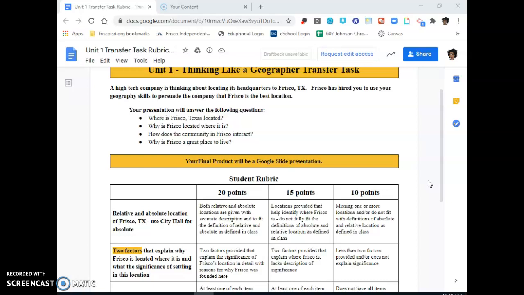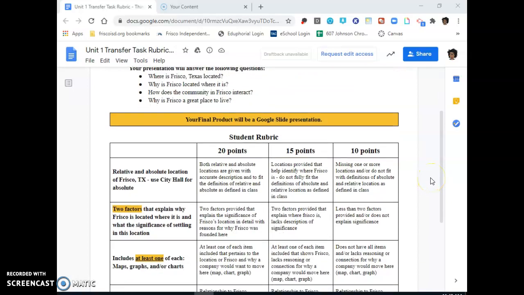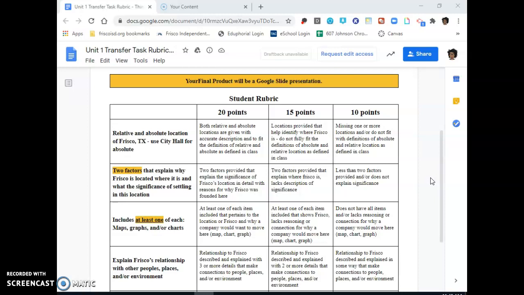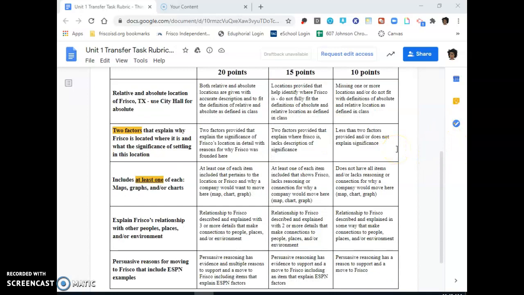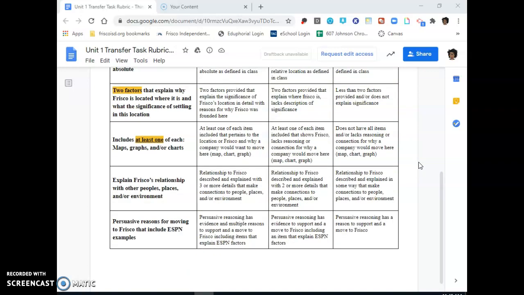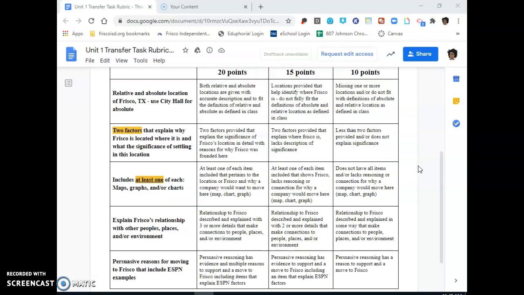So for the first part, you're thinking about the relative and absolute location of Frisco, Texas. You're going to think about some factors that explain why Frisco is where it is and what is so important about settling and living in this location. You need to include some examples of a map, graph, or chart. You need to explain how Frisco works with people, places, and environment, the relationship that it has, and come up with some really good persuasive reasons for moving to Frisco that include ESPN factors, which we just went over this